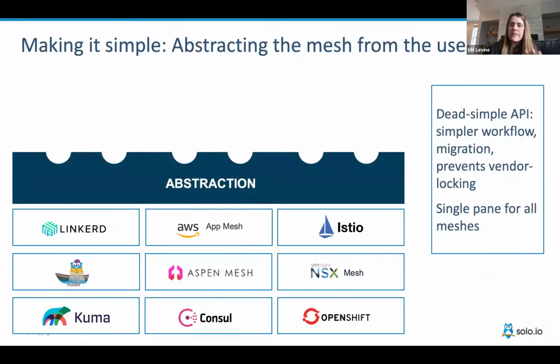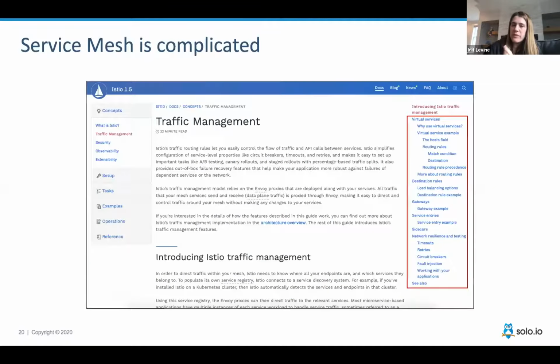But in a nutshell, it's very important because even if you decided that Istio is the winning one and you're using it on-prem, I will argue that if you're using AWS and you want to use something that is native, you most likely will want to use AppMesh. And the reason is because they're owning the hardware, and therefore they can do crazy stuff like bring, for instance, Lambda to the mesh. With all due respect, if you're not on the hardware, you will not be able to do that, right? So there is a reason why you might want to use more than one service mesh. But one very important thing in this abstraction is to make it simpler.